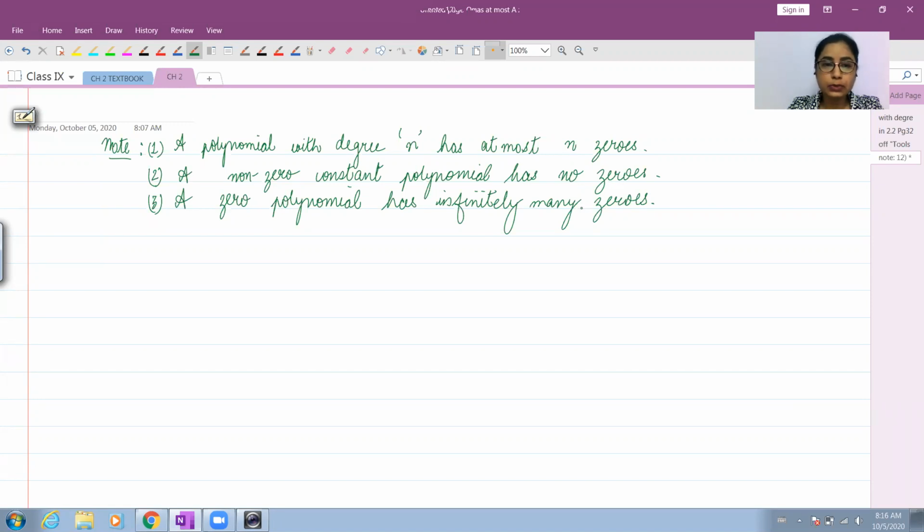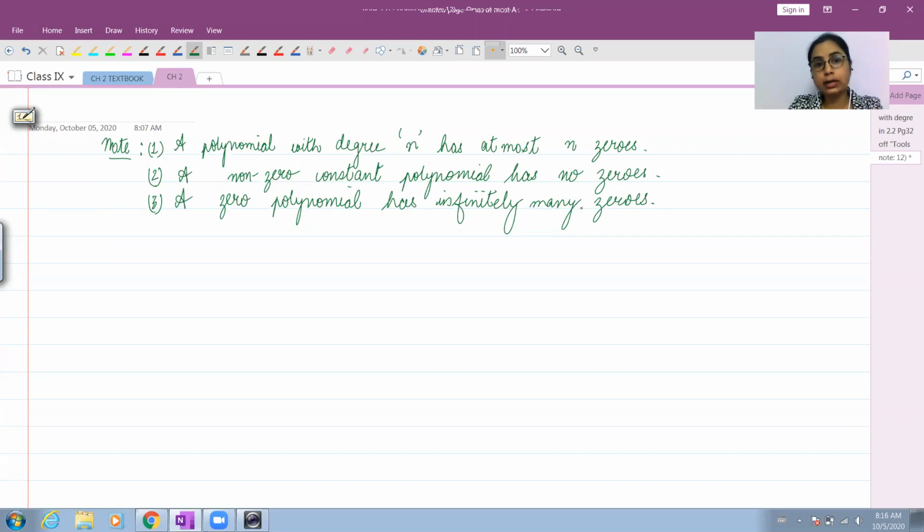And if you compare it with a linear equation, a linear polynomial, if written as a polynomial equation, will become a linear equation. So when you solve a linear equation, you get just one answer for the variable present in it. That would mean that a linear equation has just one solution. So that particular value, which is the solution of the linear equation, will be the zero of the linear polynomial made using the equation that you have.